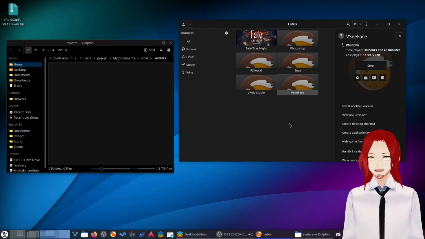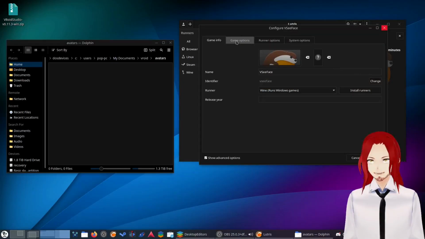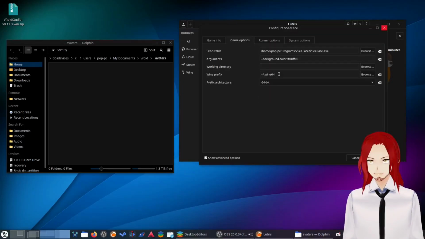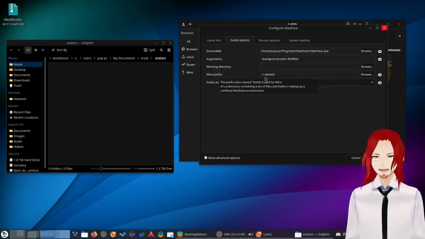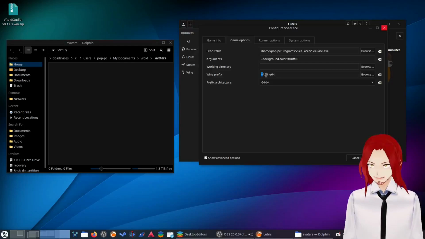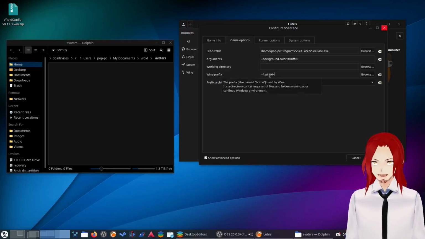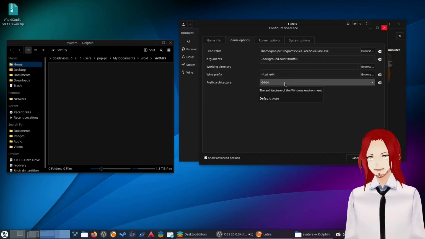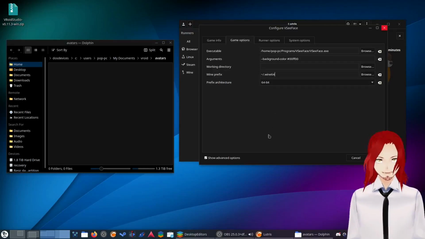So basically, you're going to do the same thing as you did with VRoid Studio, but if I open my options settings, there's a slight difference. That being, for your Wine prefix, you're going to type wine64 instead of just wine. The same thing, so you got your home directory shortcut, which is the little squiggle key right under escape, /.wine64, prefix architecture, you're going to pick 64 bits. And the last change is going to be to arguments. We're going to type